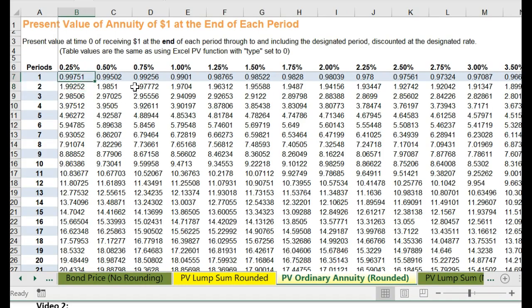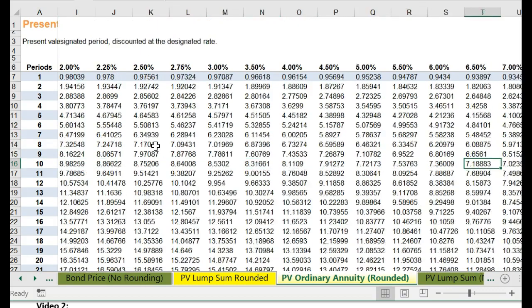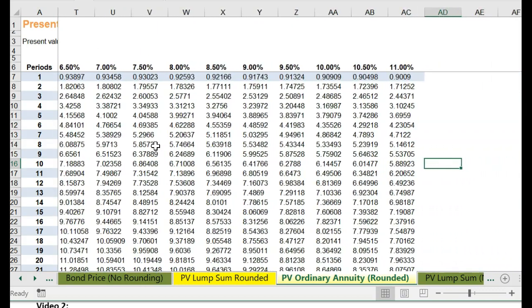So again, I've got that table pulled up here. The present value of annuity at the end of each period is the same thing as saying the present value of an ordinary annuity. Again, the N and the I are the same. So the number of periods, N, is 10, and the I is our interest rate, which we decided is 11. So we go over to N10, I11, and we get